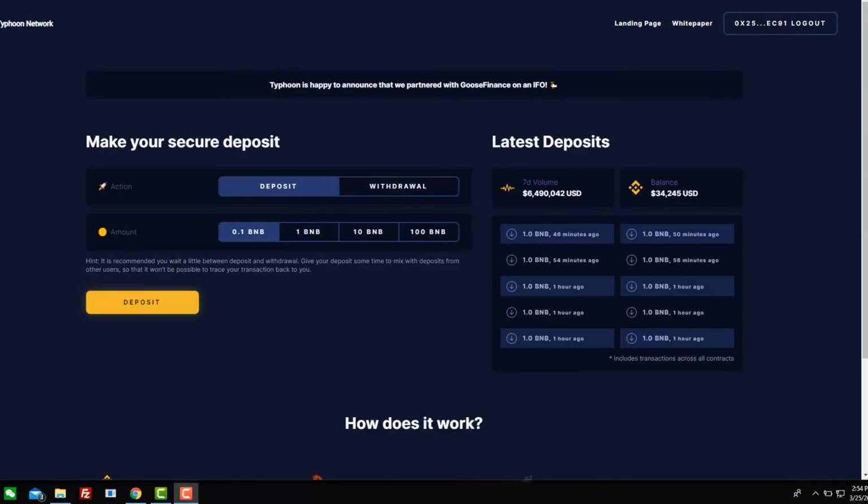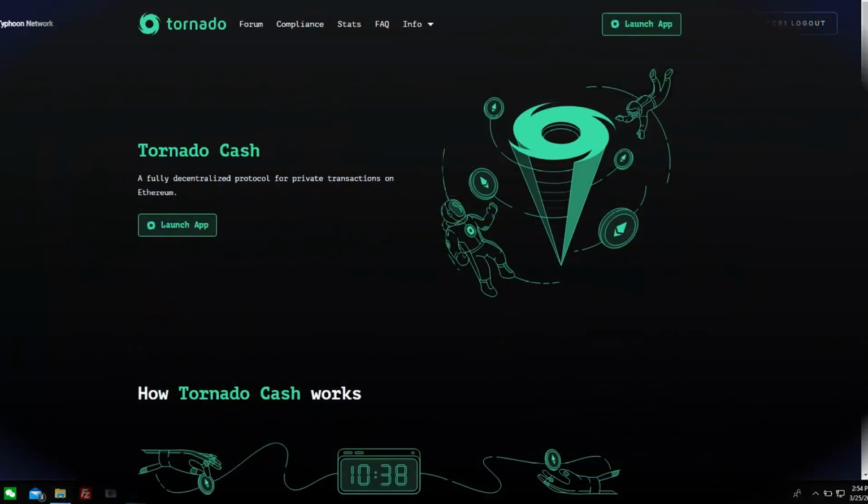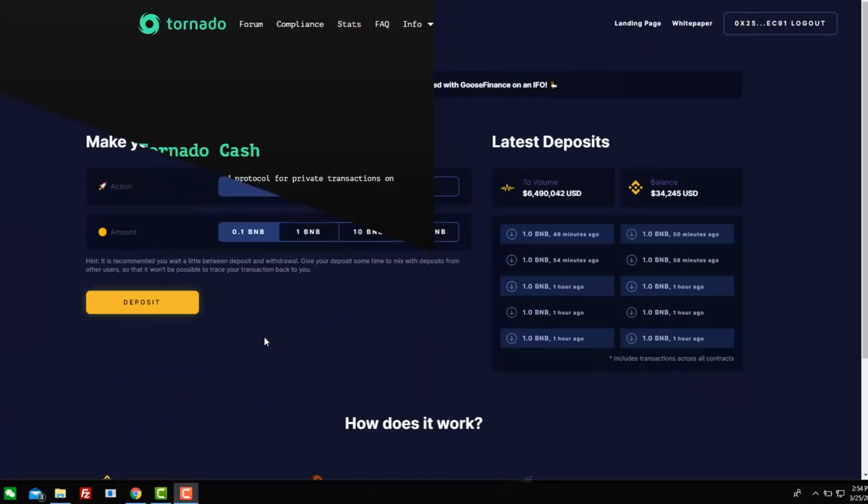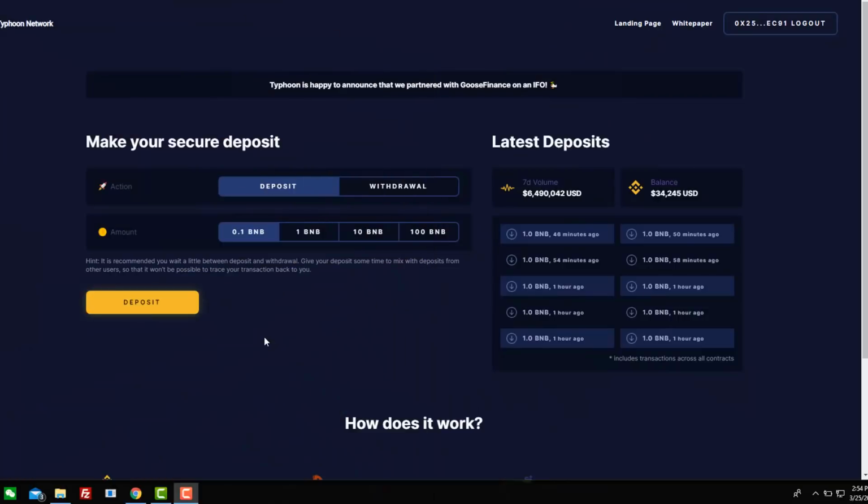Okay, Typhoon Network, they are having an airdrop, and to get this free airdrop, all you need to do is to use their service. And if you're not sure what Typhoon Network is, it's basically like Tornado Cash, which is pretty successful on Ethereum, and it hides your Ethereum transactions. Well, Typhoon Network is the Binance Smart Chain version. It hides your Binance Smart Chain transactions. So you just need to use it once. All you need to do is